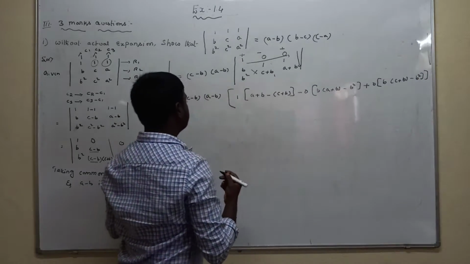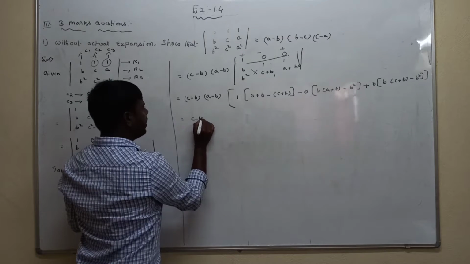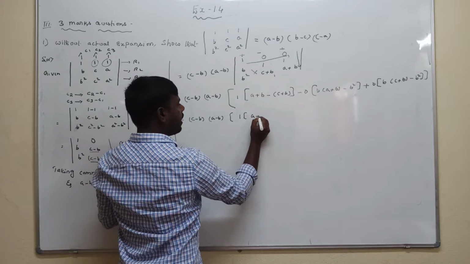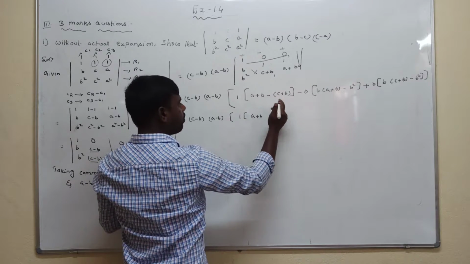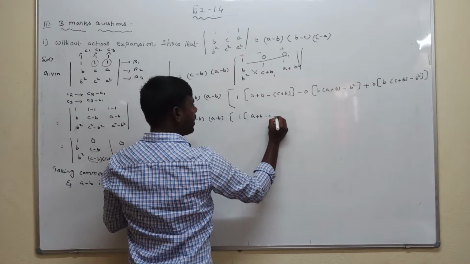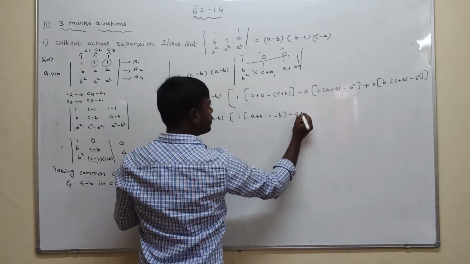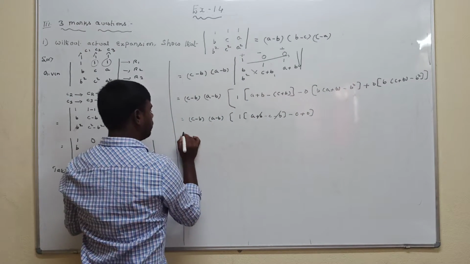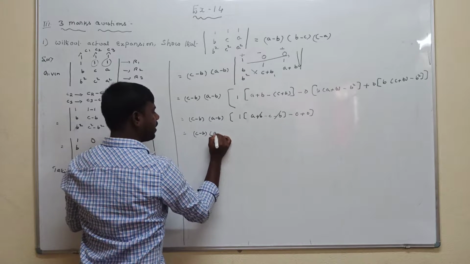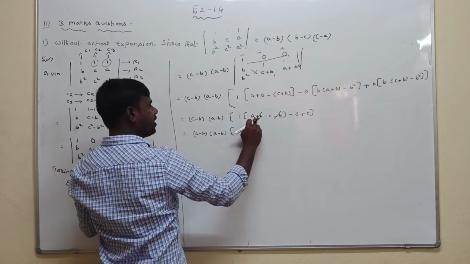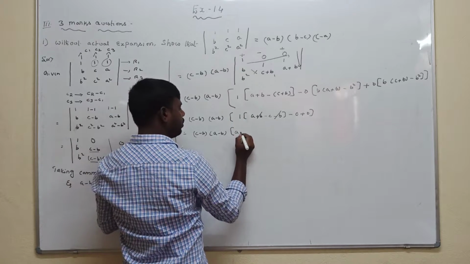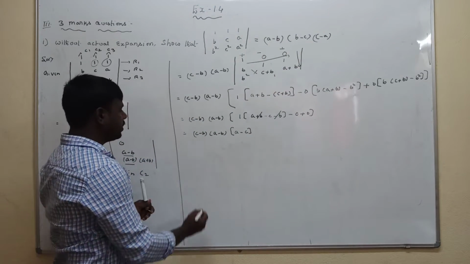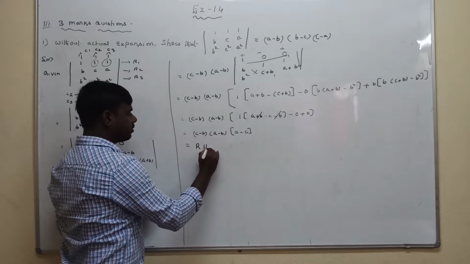Now simplify this one. c minus b, a minus b, 1 into a plus b. So product with negative, negative into plus is minus c, minus into plus is minus b. 0 into anything value is 0. Now minus b plus b get cancelled. c minus b, a minus b. So now left of the element is a minus c. a minus c, 1 into 1 is a minus c. Finally, we got the RHS condition. This is the solution for this question here, friends.